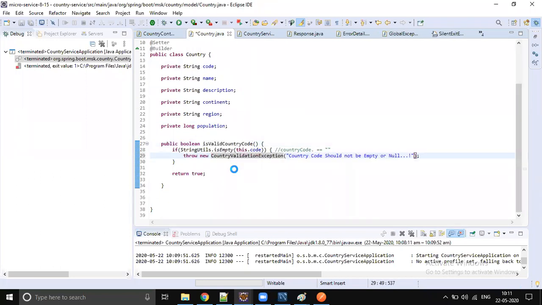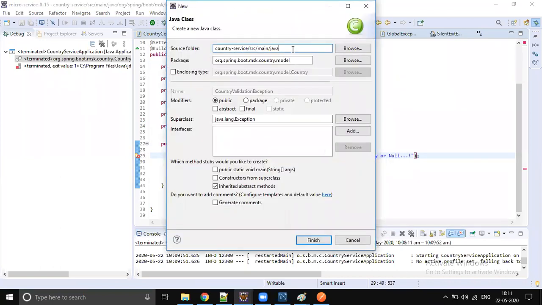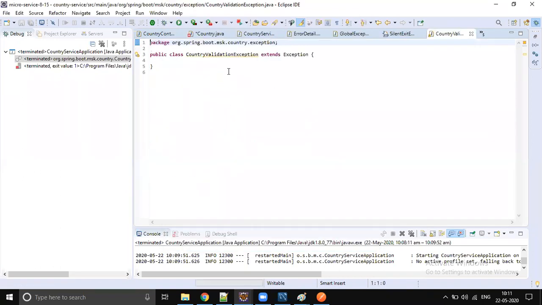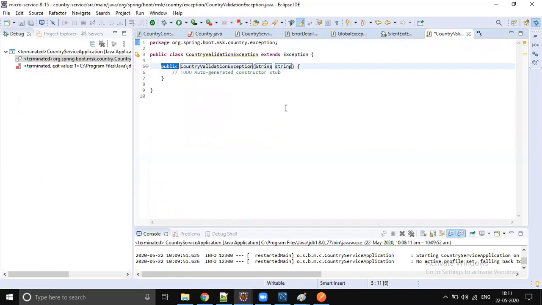In this, let's create this, right? Let's create it in the exception package. Okay, so this you have to handle. So you will throw, I think, create the constructor.